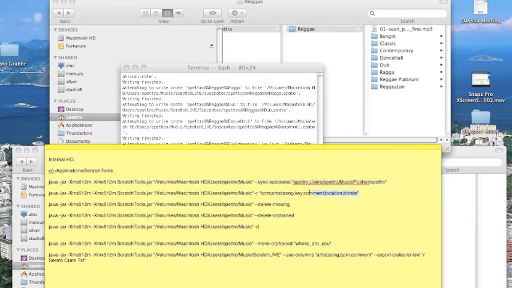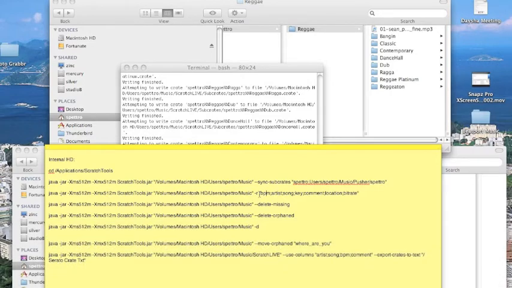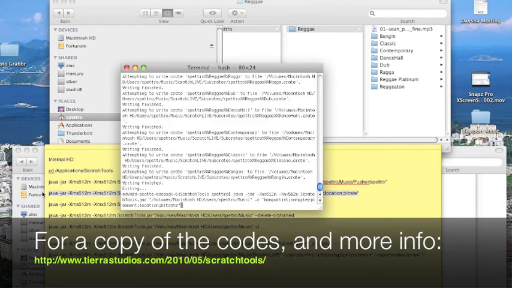The next command I use is to make sure that all the columns have the same column structure. Now, the same code will be true for everybody here. The next bit is the path to where ScratchLIVE is. It's the same thing as up here. And then the -R is the command for the columns to have the same structure in every crate and subcrate. And then in parentheses is how I want my column structure to look. You can change it and make it however you want based on the columns available in ScratchLIVE. So I'm going to copy this, paste it in, and then hit enter,